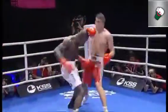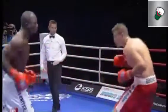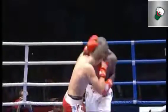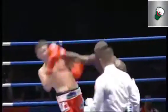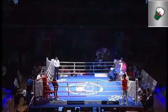Here it is. There's a big right hand. Another big right hand. Was it a little too little too late for Groguhe, because he probably won those last 2 rounds. And Benchabla, when you win those early rounds, you gas yourself sometimes. Ask the pros who go 12. Sure. And many times